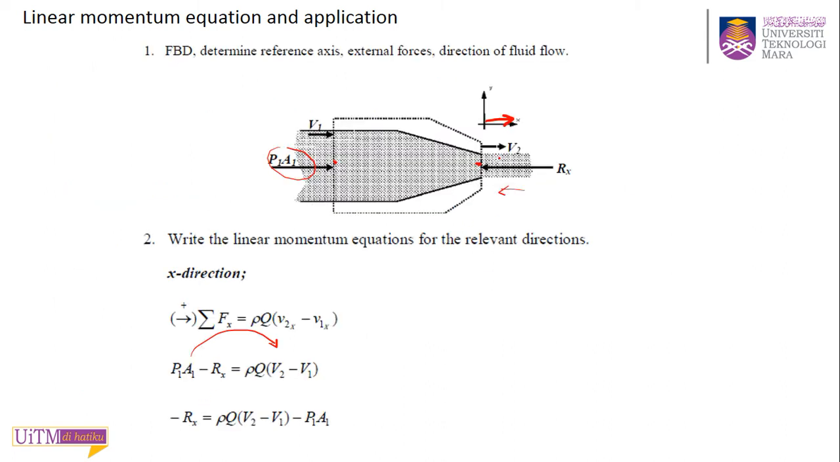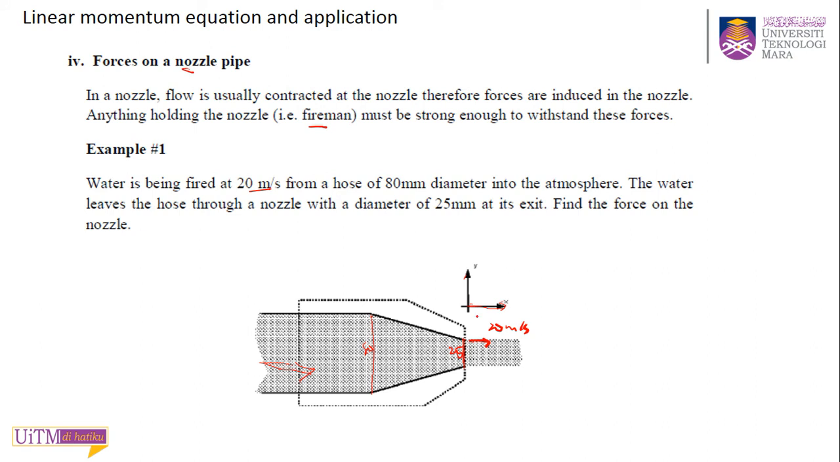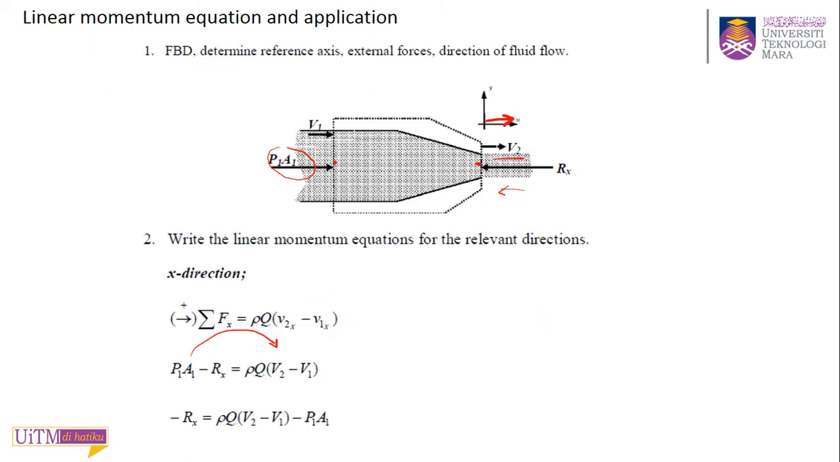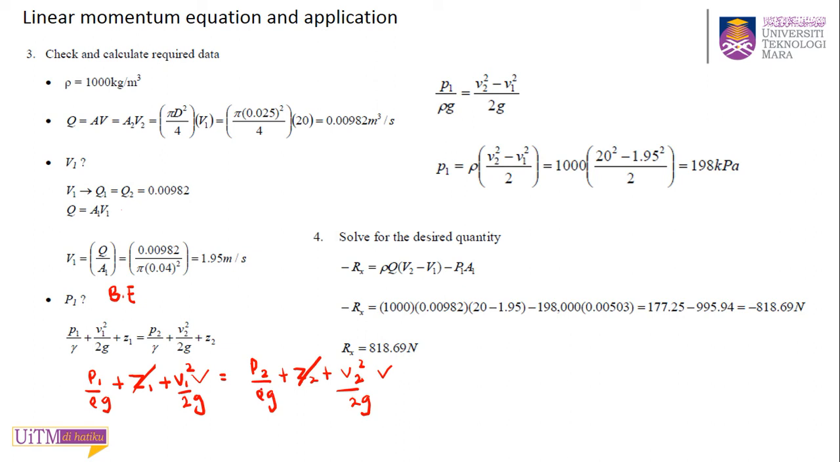Because this hose, this fireman hose, is released to the atmosphere, that means your P2 is equal to 0. We need to remember this. So that's why your P2 is 0. Then you can find your P1 from the equation, V2 squared minus V1 squared over 2g, and you can find your P1